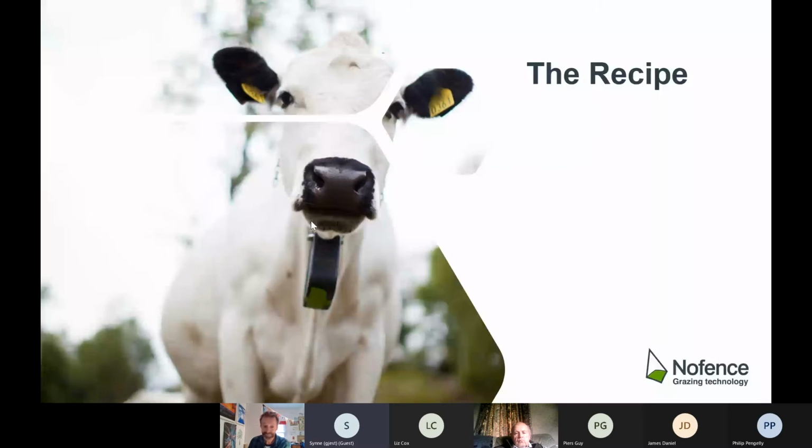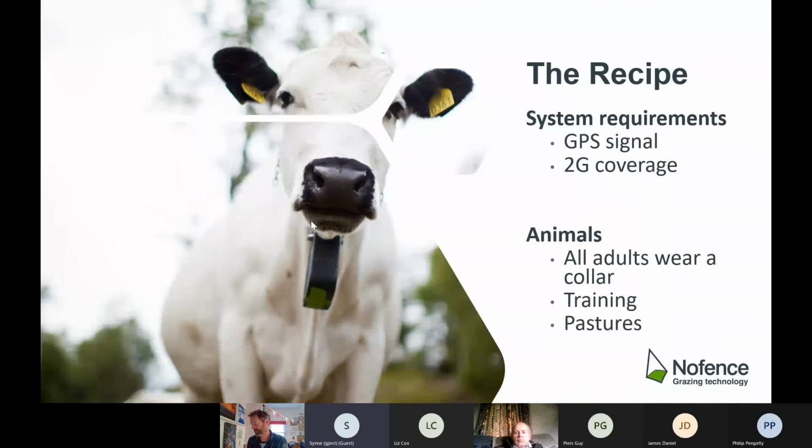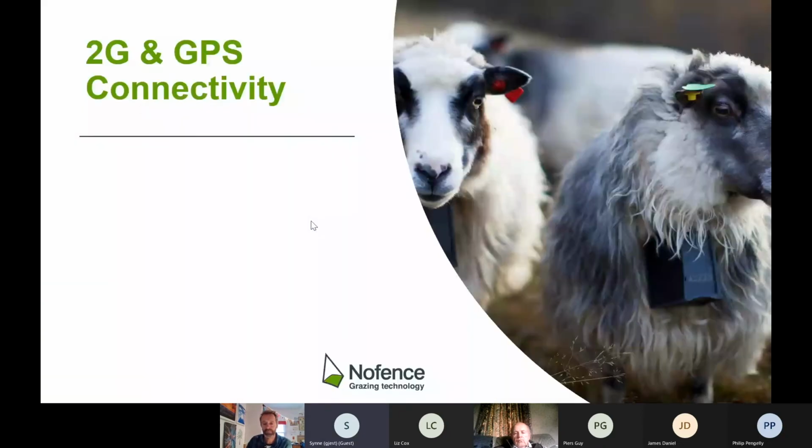So the recipe depends on a few system requirements, which I'll run you through, and then the animals need some training and some good pastures. So firstly, let's go to the